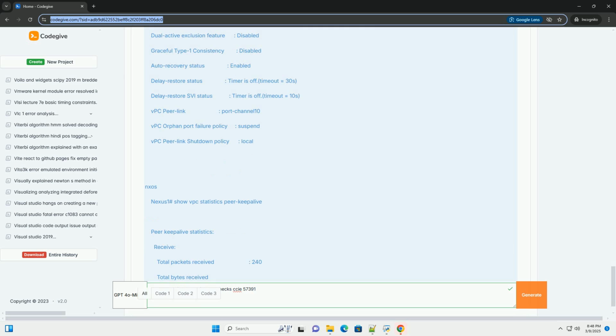Explanation. 1. Imports: the script uses the requests library to make HTTP requests to the Nexus switch and JSON to parse the response. 2. Credentials: replace the placeholder credentials with your actual Nexus switch credentials. Never hard-code credentials in production code. 3. get_vpc_status function: